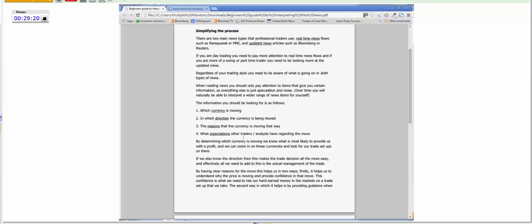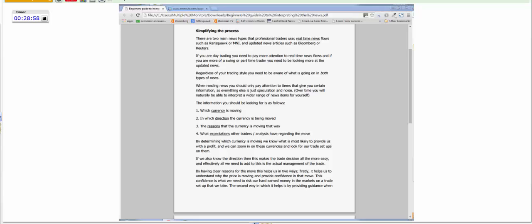And then finally, you need to know what expectations other traders and analysts have regarding the move. This is important because the market will very often tell you what they're thinking. So you've got all sorts of analysts and professional traders being interviewed, and they will interpret the news for you. So for example, when the dollar yen was happening,